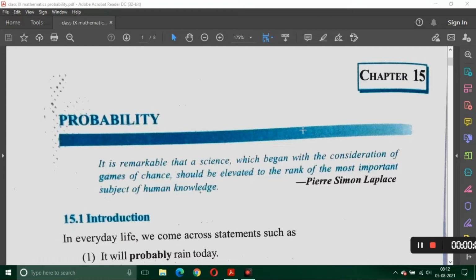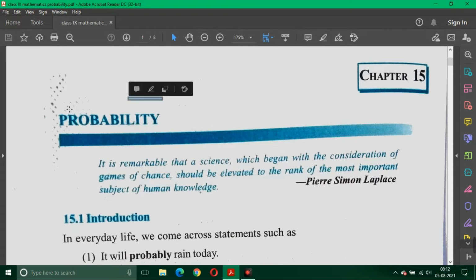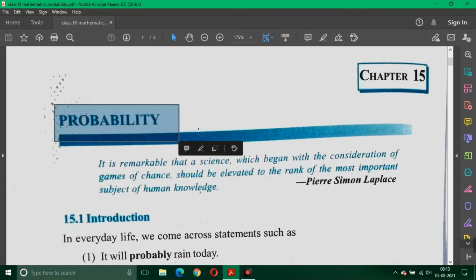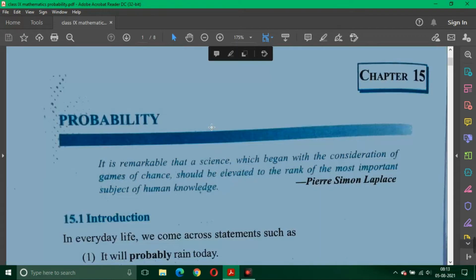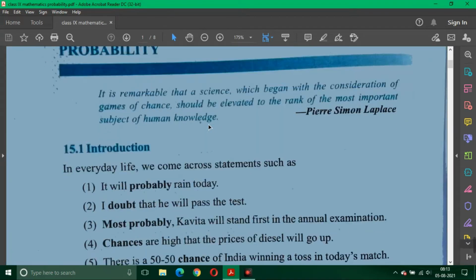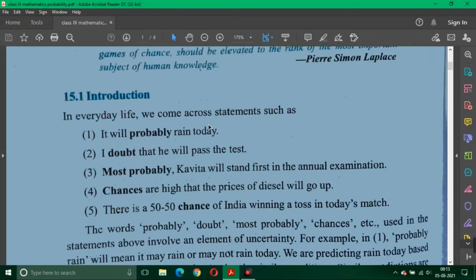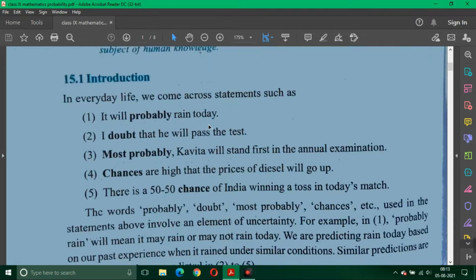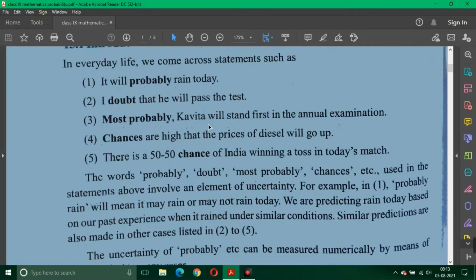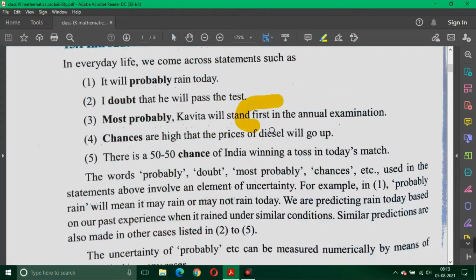I am making this recording for the students of class 9 for the subject of mathematics. Students, in this particular video, we're going to learn about probability. In the last class, that is in the common class, I gave you certain concepts about probability. In class 8, you have studied about theoretical probability. In this particular class, we're going to learn about